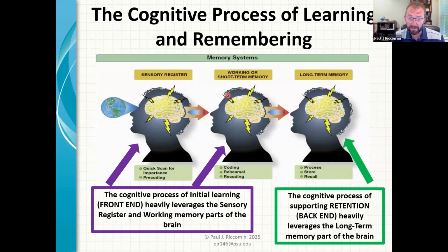And they're doing a couple of things. They're trying to connect it to previously learned content. That's where that retention piece is a big part of initial learning, because if they can't connect it, then they learn it in isolation. And when you learn something in isolation, you're going to learn it less deeply and you will forget it faster. And then it's a harder recovery. But when you're linking the information, now you're building these schemas that allow for a deeper and a longer learning. So as they're grappling with it,